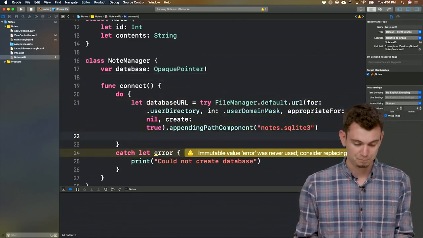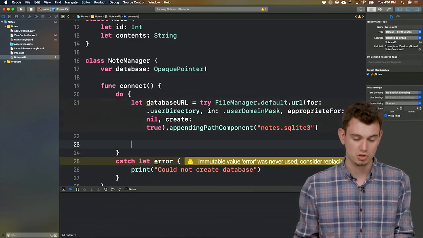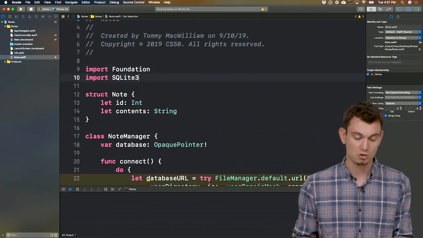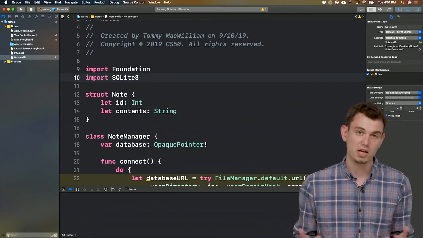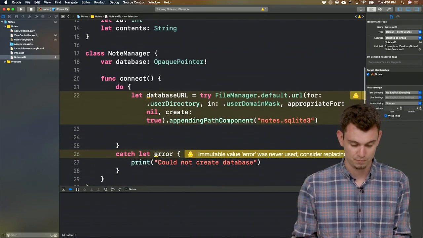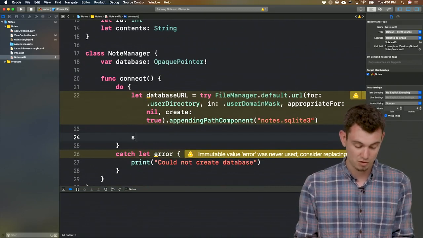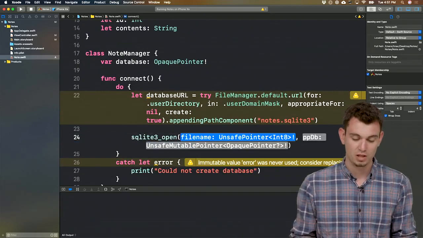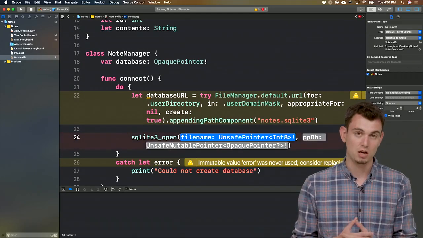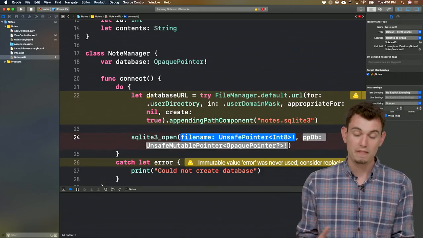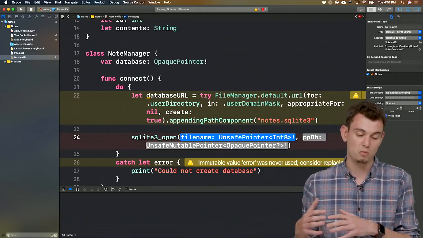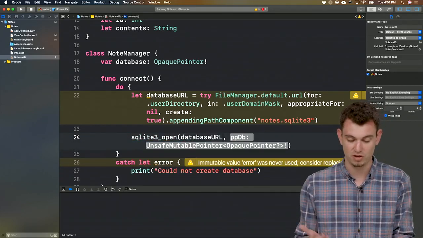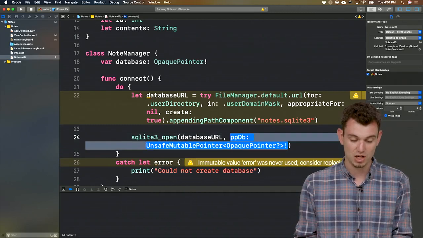So with that, we can start calling some SQLite 3 functions. So before we do, we just have to make sure that we import SQLite 3, and now after we have that line, we have access to all of those functions. So let's start. The first function we want to call is SQLite 3 open. And this is going to take two parameters. It's going to take a file that we want to open up, and then as its second parameter, we're going to say where we want to establish a connection to the database. So the first thing is just going to be that file name we just created. And then the second thing is going to be